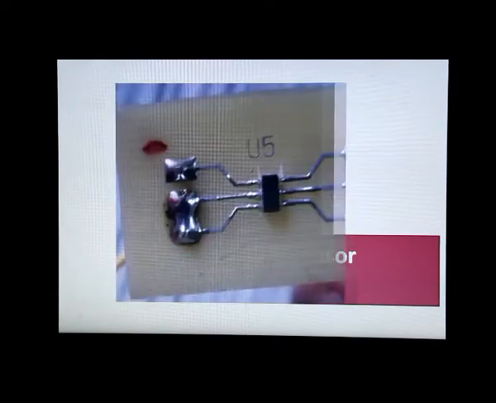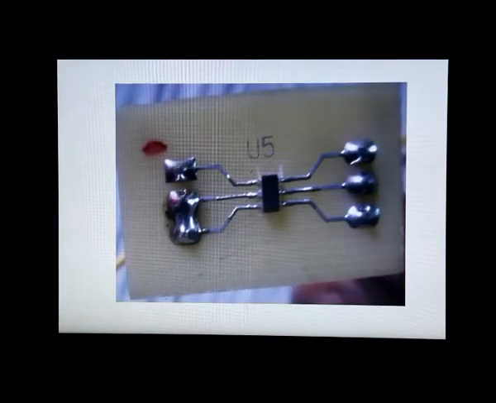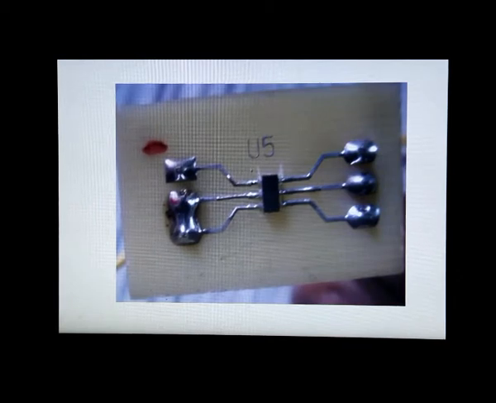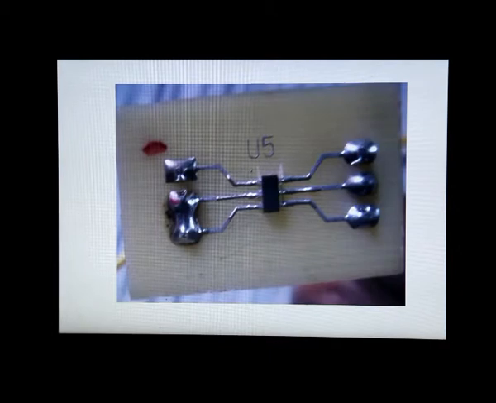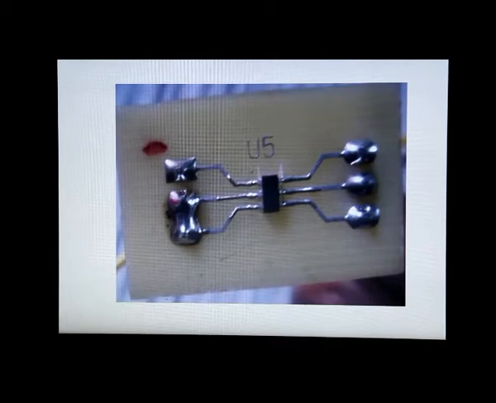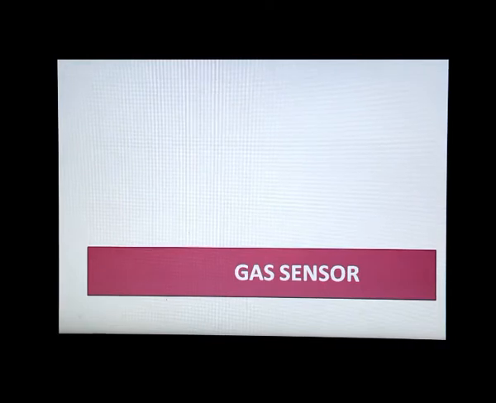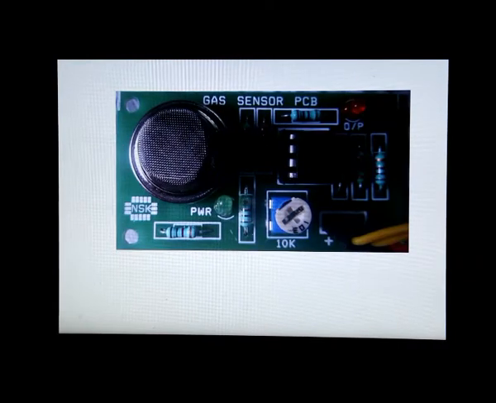The Texas Instruments temperature sensor has features such as being suitable for remote applications and calibrated directly in centigrade. It is low cost due to wafer level trimming and operates from 4 volt to 30 volt. It has very low self-heating and low impedance output. The gas sensor used here detects the oxygen level.